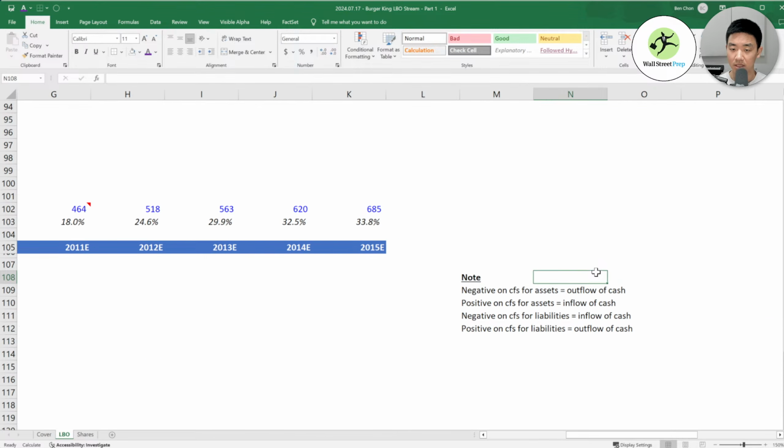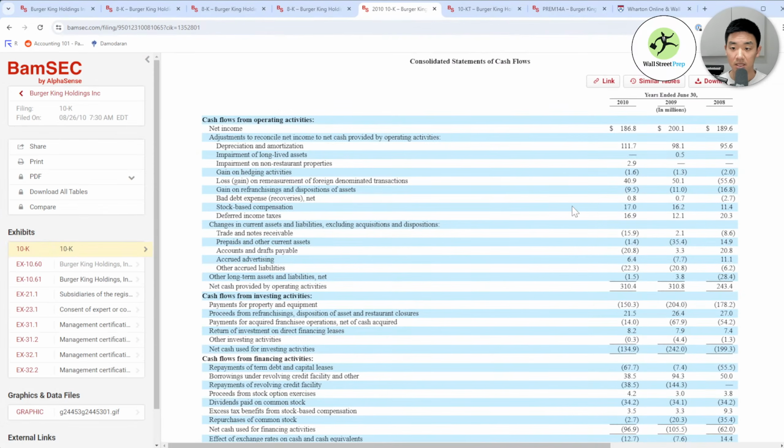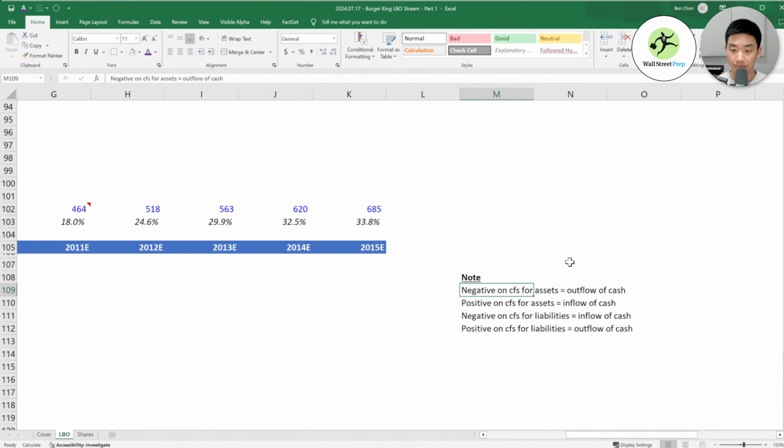And this could easily be an interview question. Negatives on the cash flow statement for assets mean that it's an outflow of cash. You've been spending money. That's why when you see negative 15.9, it means you're spending cash, right? Positive for assets means it's an inflow of cash, meaning that you have gained money.